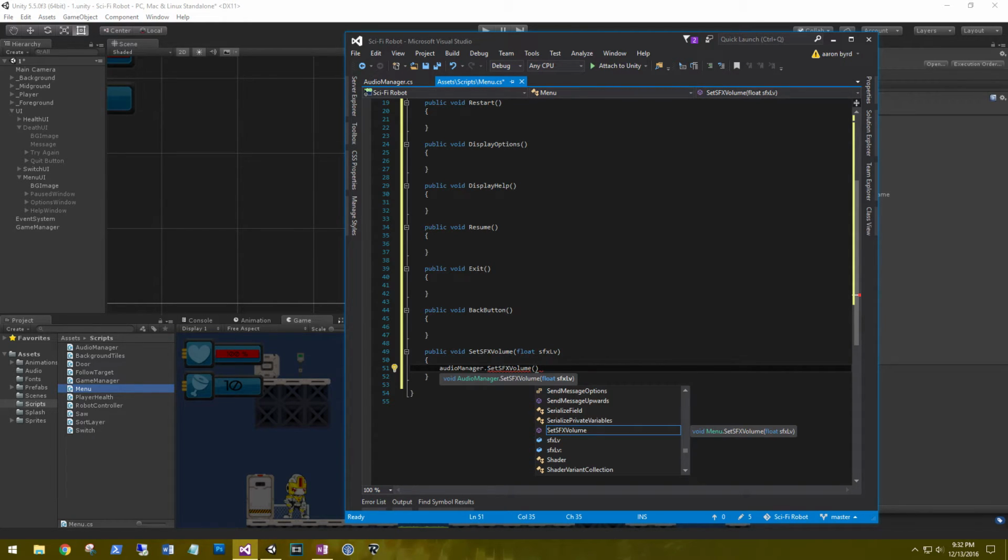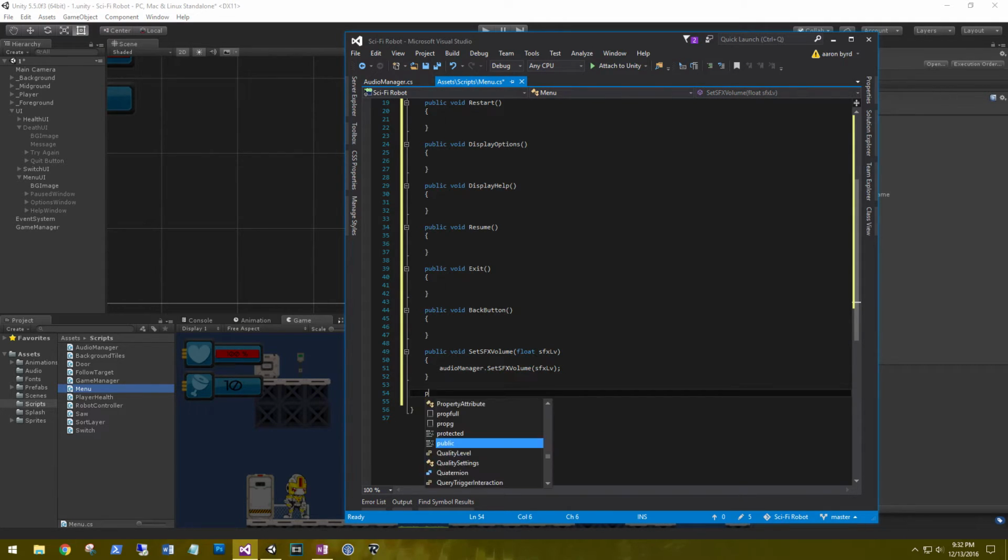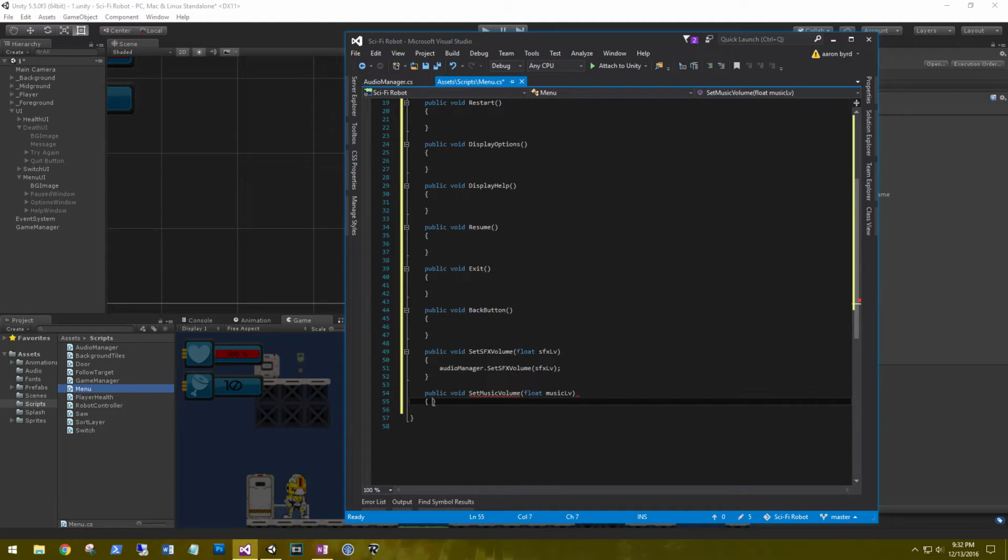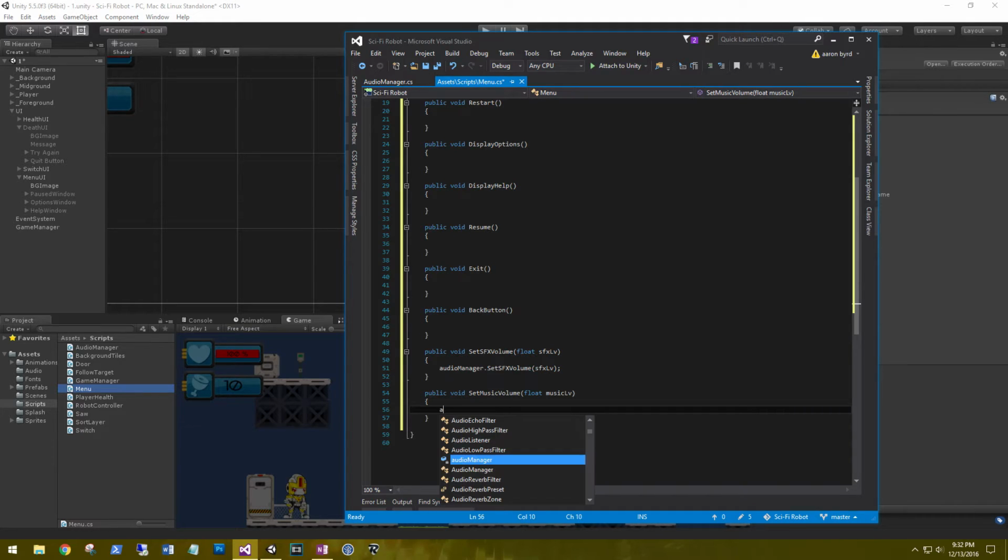We'll simply pass it the SFX level. Same with the music, public void set music volume, float music level. We're going to call on our audio manager to do this. Audio manager set music volume music level,